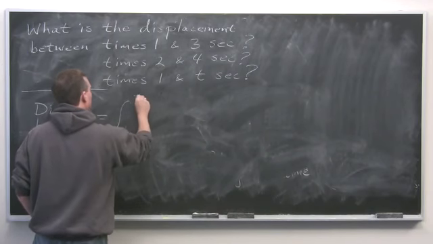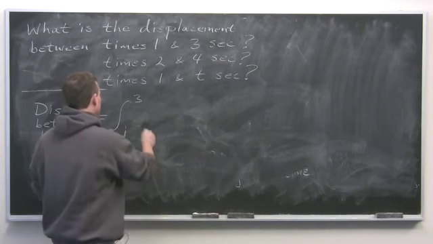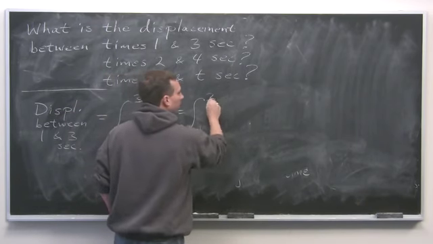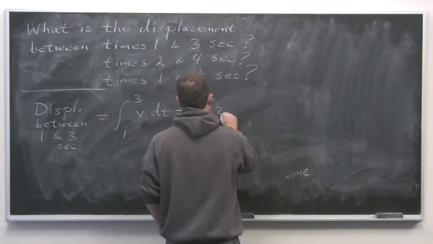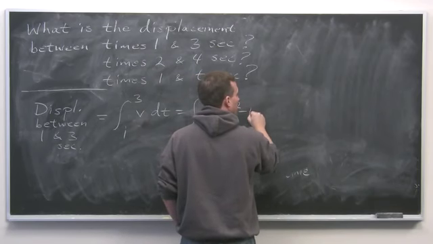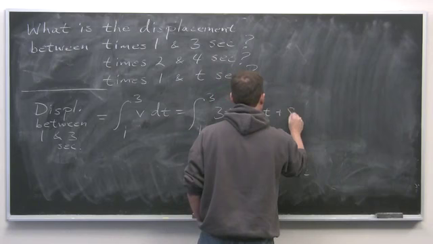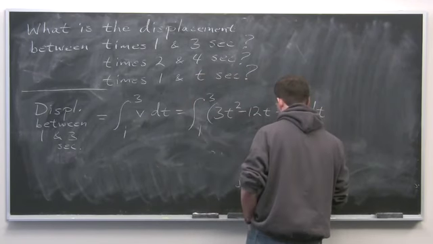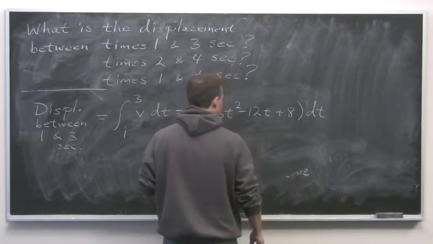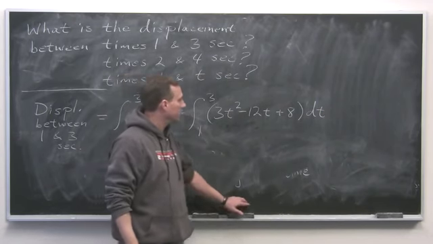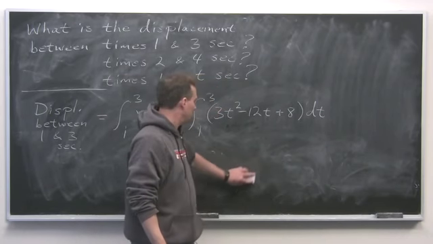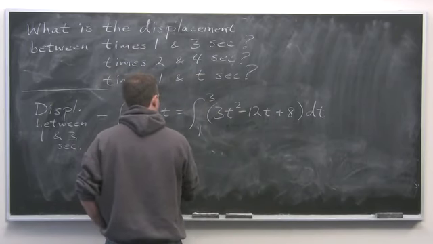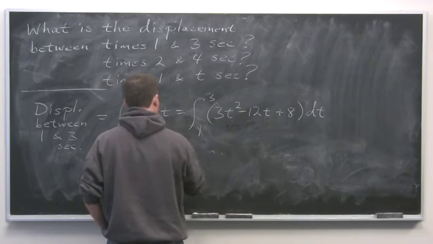This will be the integral from 1 to 3 of our velocity function. So that's the integral from 1 to 3 of 3t squared minus 12t plus 8 dt. By the fundamental theorem, you want to produce an antiderivative of this. It's just the power rule 3 times. So we will get t cubed